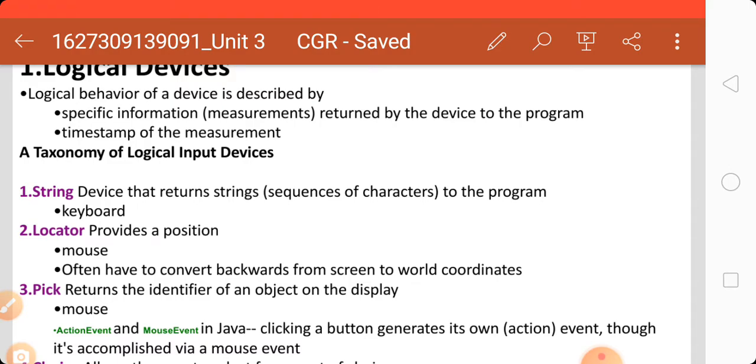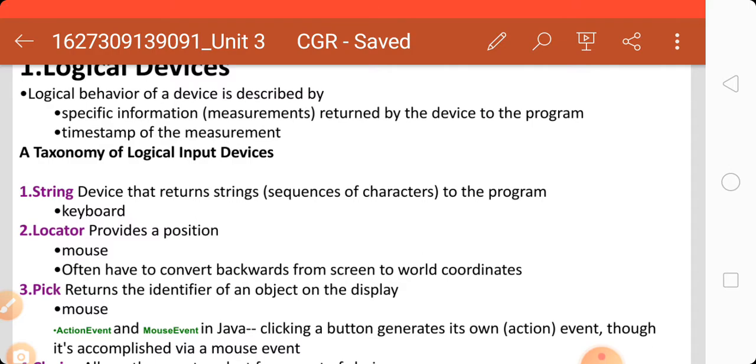So what is the string device? A device that returns a string, that is a sequence of characters, to the program is called a string, and it is provided by the keyboard. Locator provides a position, that is a mouse.